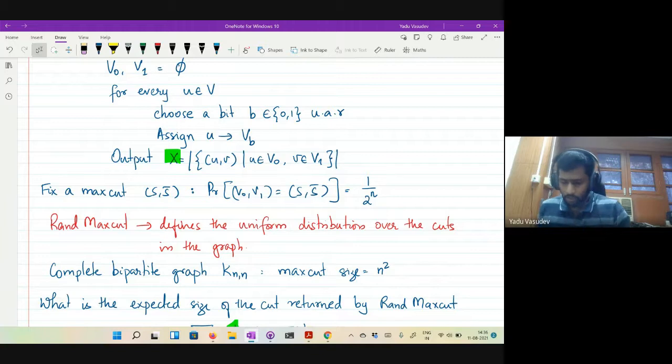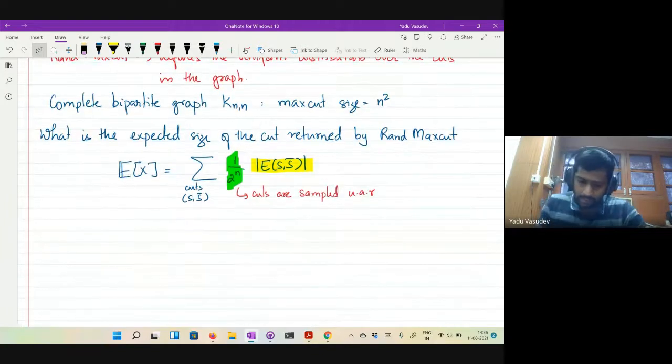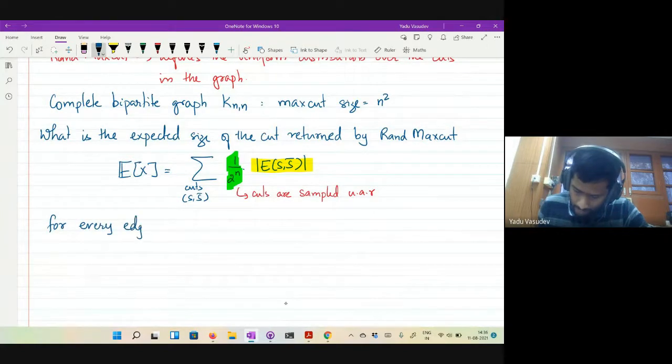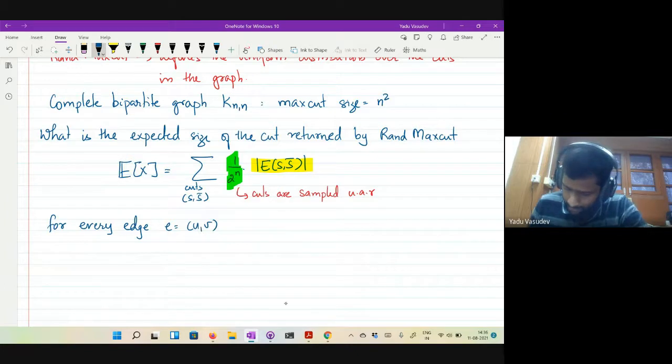Okay. So therefore we can look at the following random variable. For every edge e equal to uv, I can define a random variable x sub e, which is 1 if e is in the cut, and it is 0 otherwise.